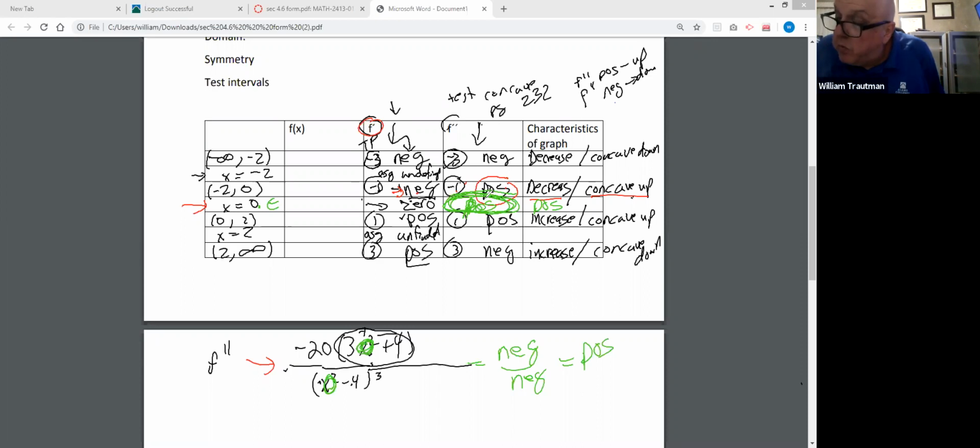So on the first part that we did, all of these just tell us if they're concave up or down. If I put a critical number in there,